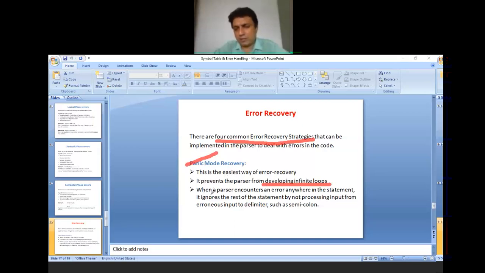When a parser means the syntax analysis phase, the panic mode recovery is more prominent in the syntax analysis phase.